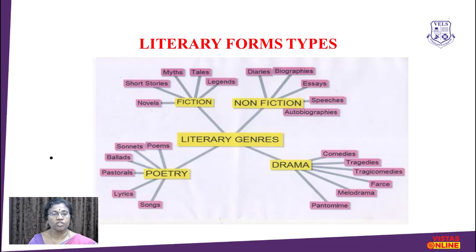And come back to fiction. It is classified again into subgenres: novels, short stories, myths, tales and legends. If you take all the 5, the length would be more or less the same except short stories and tales or myths. Novels will have an extended length, say for example, certainly not less than 100, whereas short stories can have like 10, 15 or even less than that. So length is the one which differentiates or gives the identity of the name short stories. Alright, so all these 5 are called fiction because this is purely imagination.